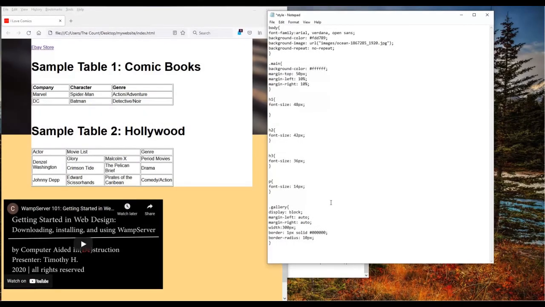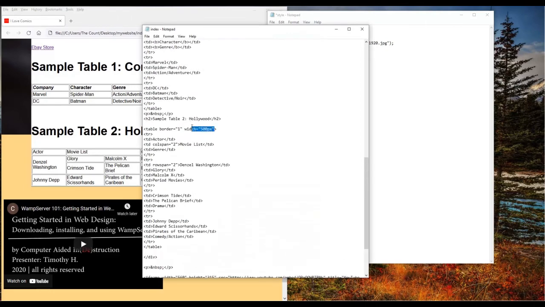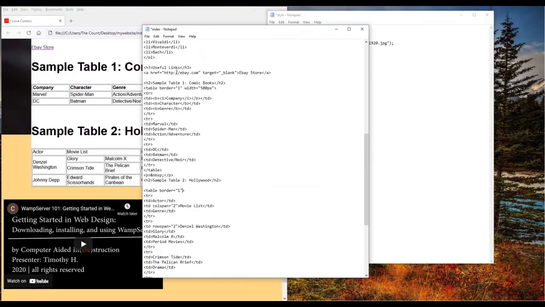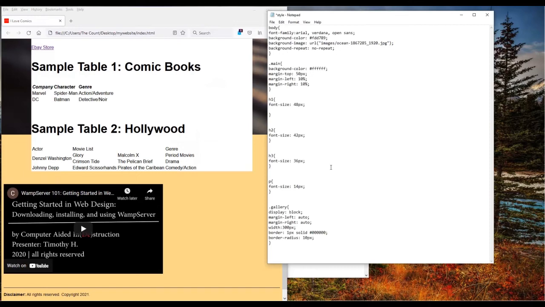Okay, let's add some code to alter the appearance of the table. One thing I want to go ahead and do first is go to my index page, look up the tables, and remove the width that I added here. And I'll remove the border as well. I'll save it. And our tables look really barren, so we can make the changes that we want